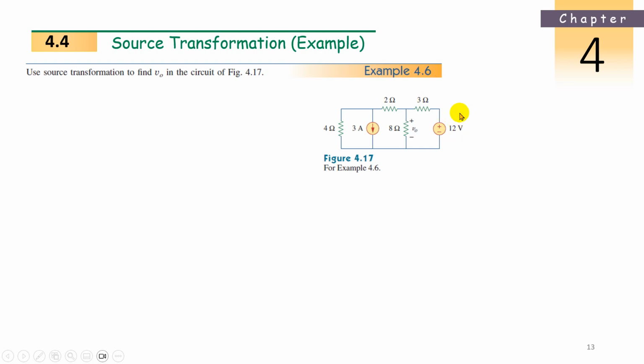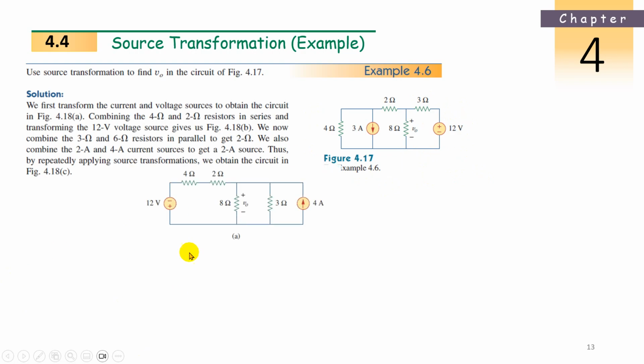How much? 4. So 4 ampere current and in parallel 3 ohm resistance will come here. So like this you have to transform it. Just check what I am doing here. See, 3 ohms and 4 amps. I change this. 3 ohms and 12 volts I change to 3 ohms resistance in parallel, and that voltage source